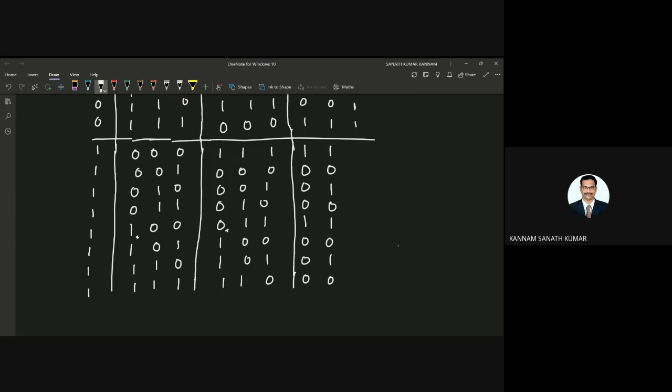And for this one, 0 1 1 and 1 0 1 0 1 1, all ones you'll get. Okay, so you got the state table.